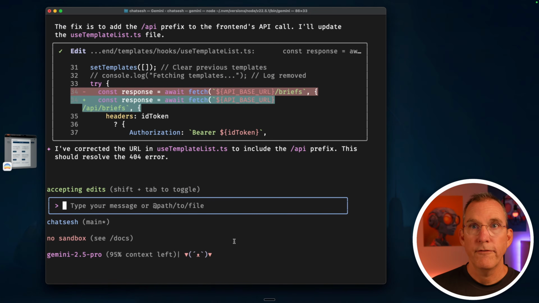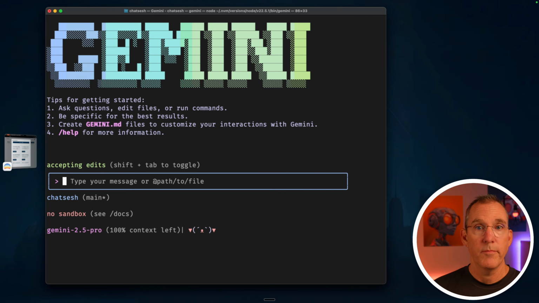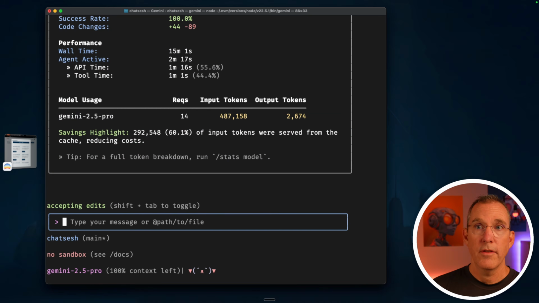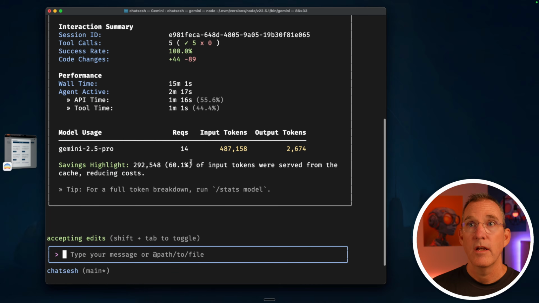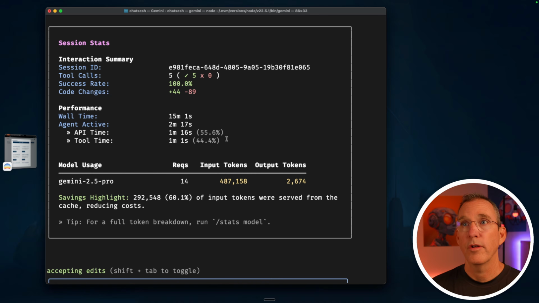Okay, let's explore a few very simple patterns here. Let's clear, as we mentioned before, clear our session so that we don't have a previous context here, and maybe show you a fun one that I wish the others had: they have a /stats command, which at any given moment can tell you the state of the session, which models you've used, how many requests you've done, what the token output looks like, a bunch of really important messages here. Really valuable and worth looking at. So you can tell, where am I theoretically in my allotment of calls that I can make over